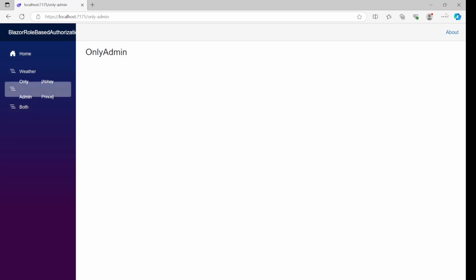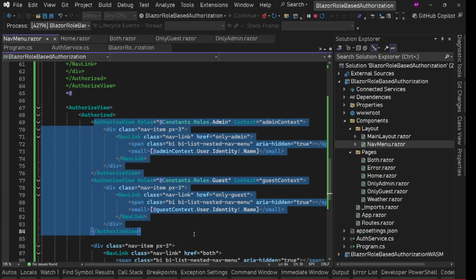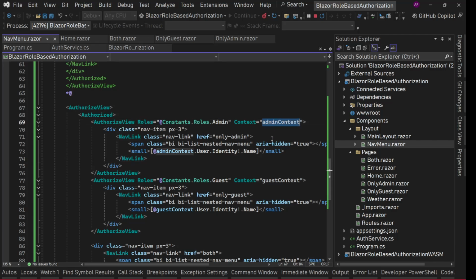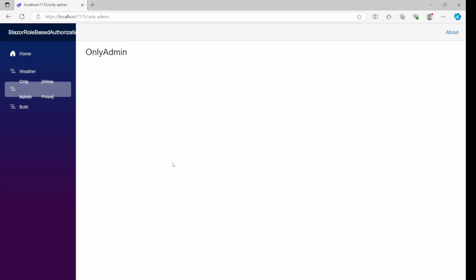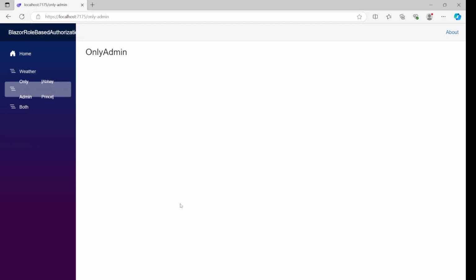So this is how we use role-based authorization to render different content on the UI. And this is how we can access the current logged in user's information. Okay. Now I'll show you one more thing. This is how to render the things, but this is not preventing the roles from being accessed directly by entering